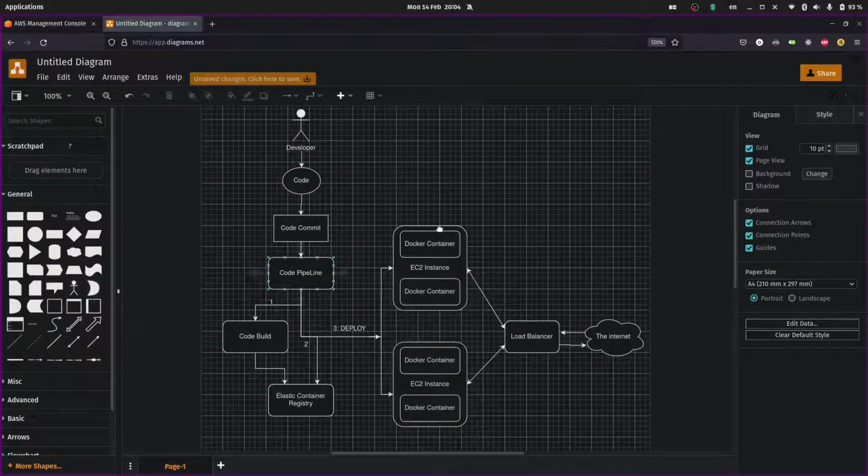What we will be building is a sort of pipeline and we will be using only AWS tools to do this. The pipeline will also deploy the newly built code into an ECS cluster. And the ECS cluster is going to run on EC2 instances. Each EC2 instance is going to have 2 Docker containers running inside of it. I'm sorry, but my draw.io skills are kind of bad, so this is as good as I could make it. But anyhow,